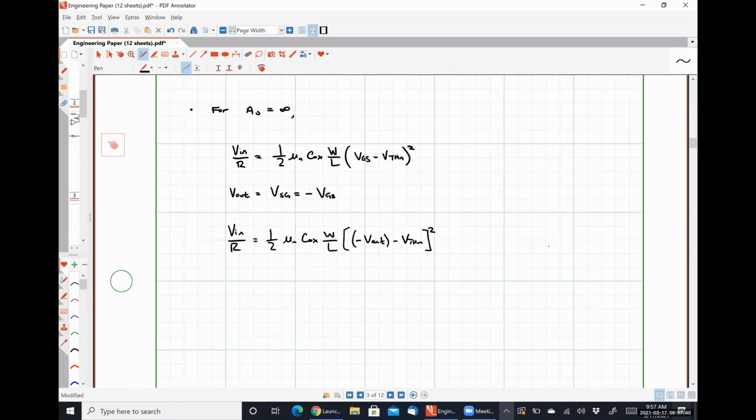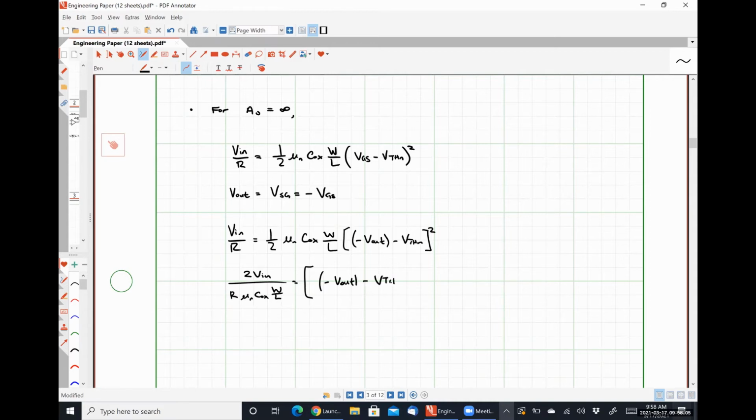So now I'm going to multiply both sides by a factor of 2, divide both sides by a factor of mu n C ox W over L, and what I get is twice Vn divided by R mu n C ox W over L is equal to